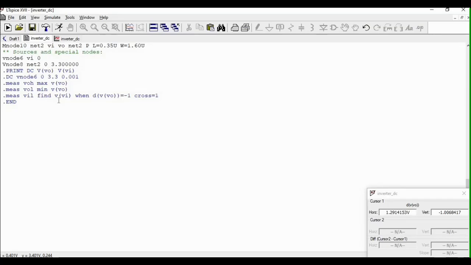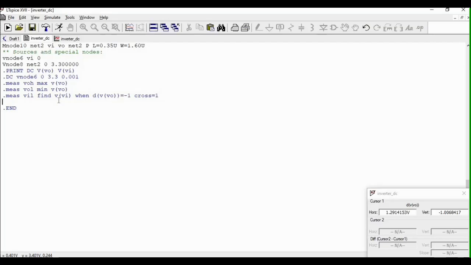How about the cross equals to 1? Cross means the instance when it occurred. So the number is the number of occurrence. So in this case, we're looking at the first occurrence wherein the derivative is equal to negative 1.